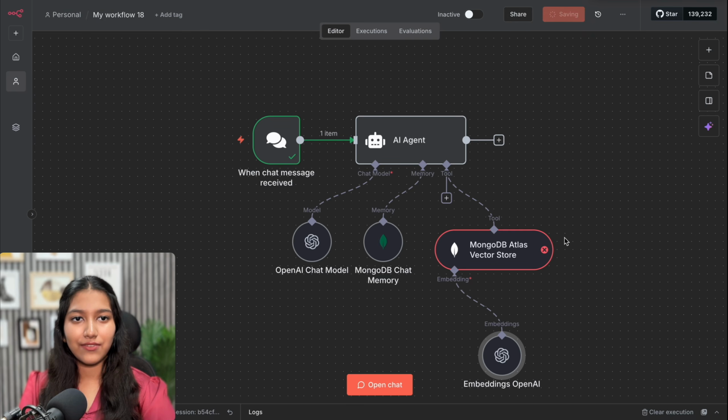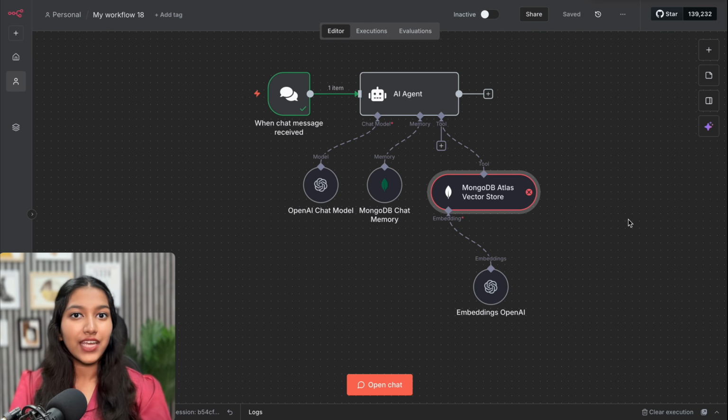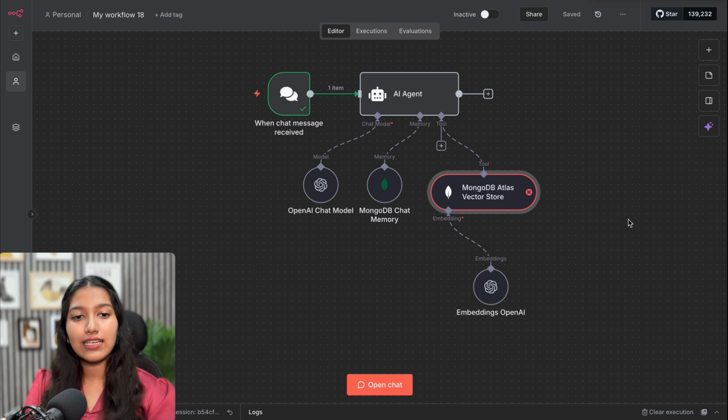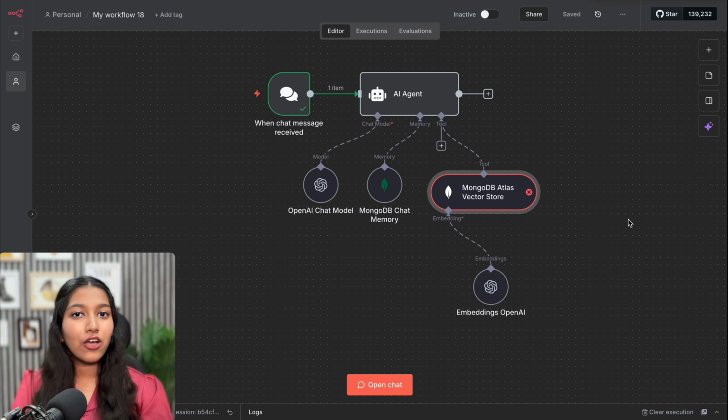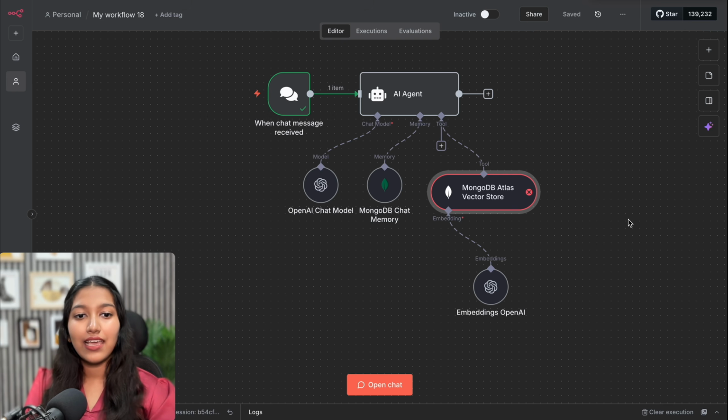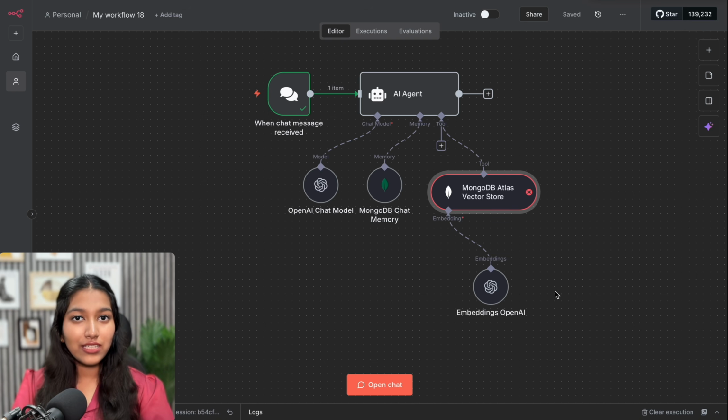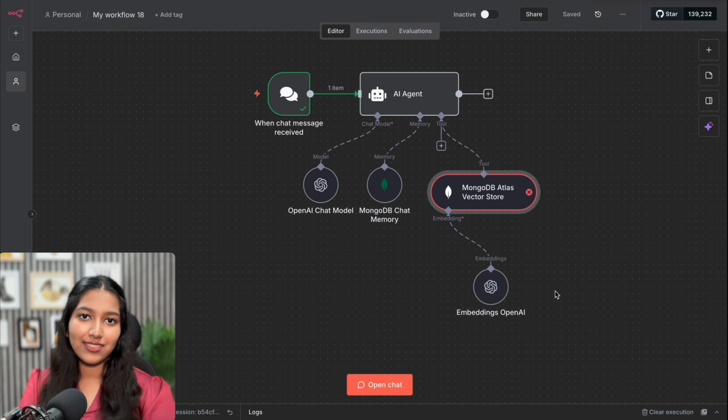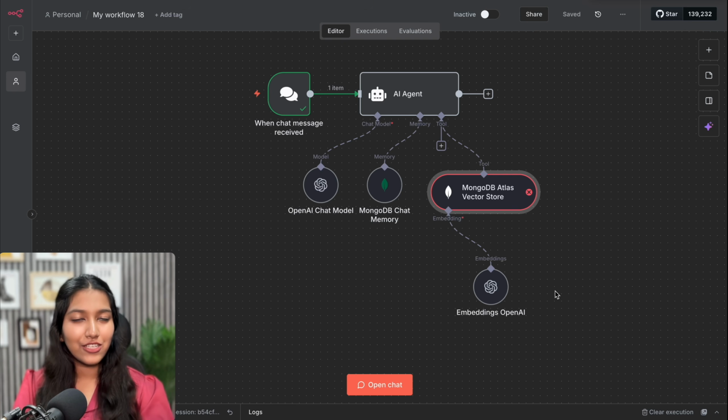Okay, let's save it. If I had to explain embeddings in a very easy manner, all I would say is that embeddings is a language that your AI agent understands. It does not understand English, instead, it understands embeddings. The job of this particular model is going to be to convert our questions, which are, let's say, in the English language, into embeddings which the AI agent is going to understand. Now, obviously, it does not have to be English, it can be any language. I was just giving an example.